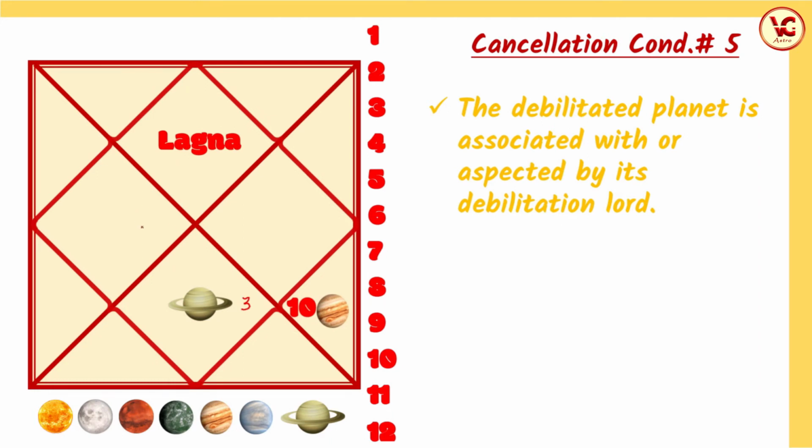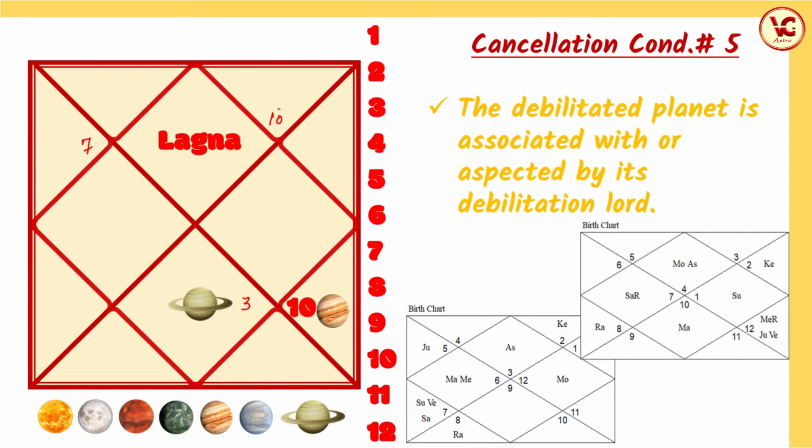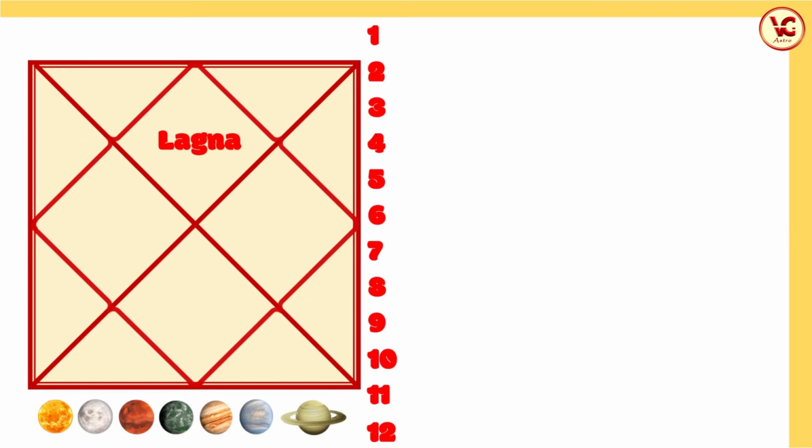It can aspect it from the 7th. This is the 7th aspect, and from here the 10th aspect. So Saturn can aspect Jupiter from these 3 places. Okay, then this condition will apply. These are the example charts. Moving to the next one,